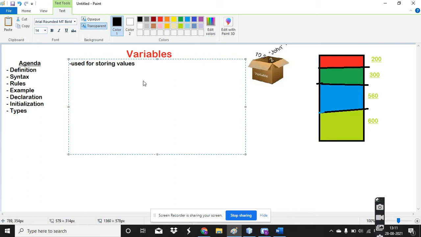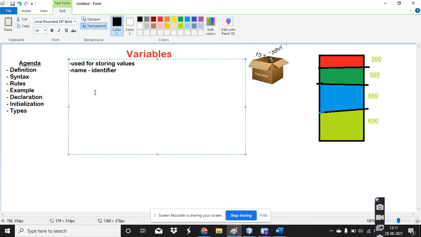This is the first point. And next, you have to give special names for your variables. For example, if I want to store some value inside the address 200, each time you cannot go and tell your code that in this particular address go and fetch the value. You cannot do that, right? So they give names for each and every variable, and that name is called the identifier.